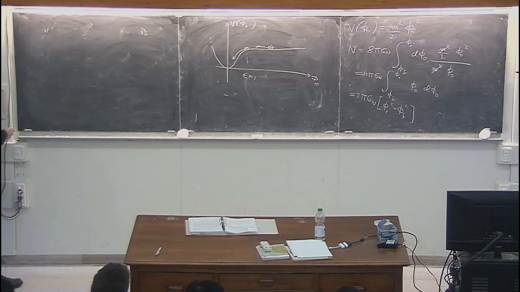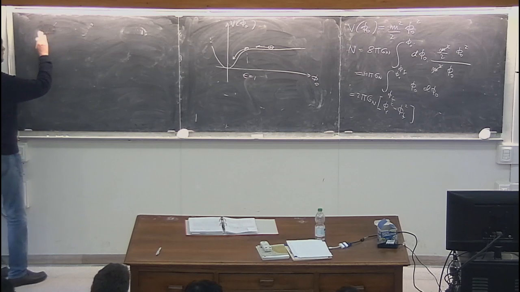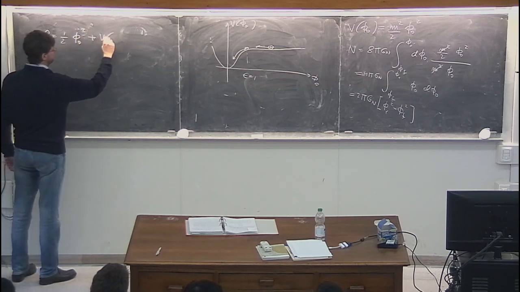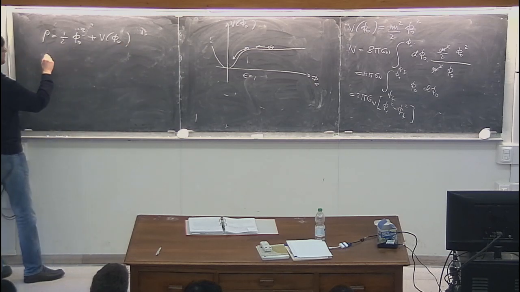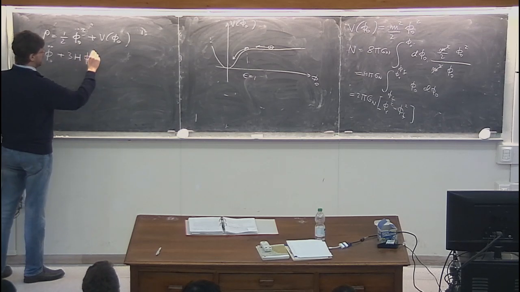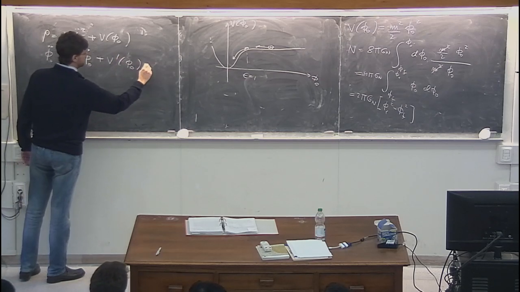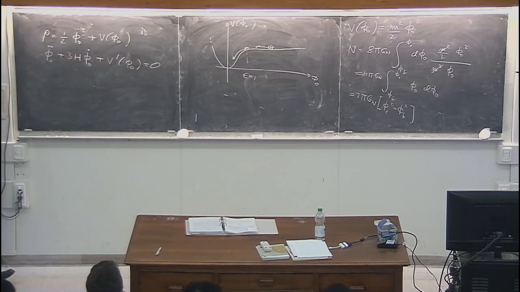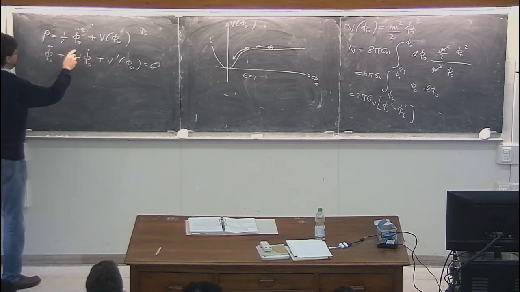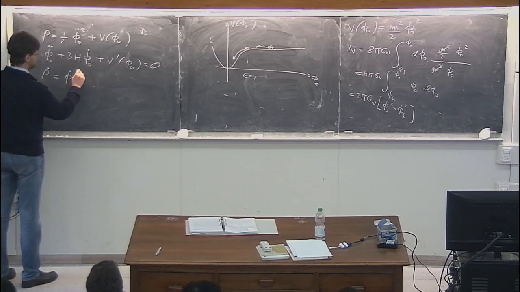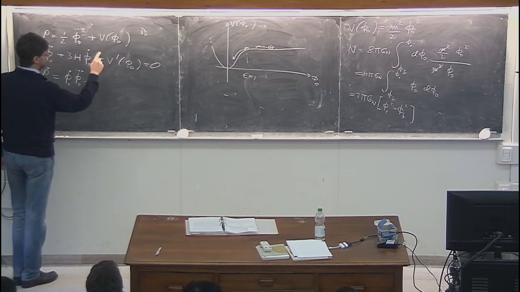Well, first of all, I want to write down the equation of motion of the energy density during this oscillation. So rho, if you remember, is 1/2 phi_0 dot squared plus V of phi_0. And now I want to use the following equation. I have to use also the phi double dot because I'm no longer in the regime where the potential is flat. So I have no right to neglect the phi double dot. So from here, what do I get? I get rho dot is equal to phi dot phi double dot